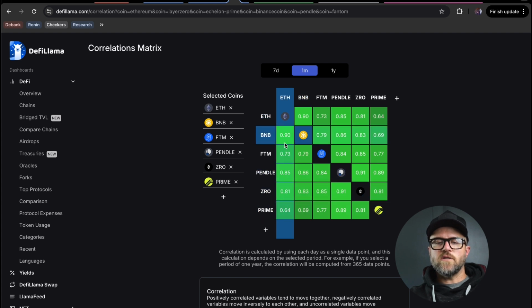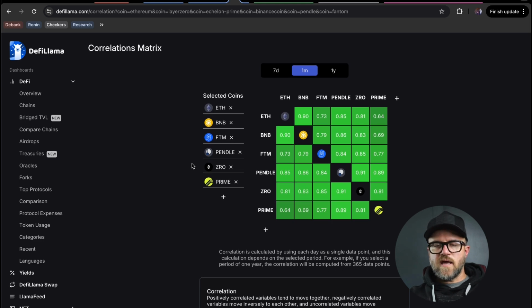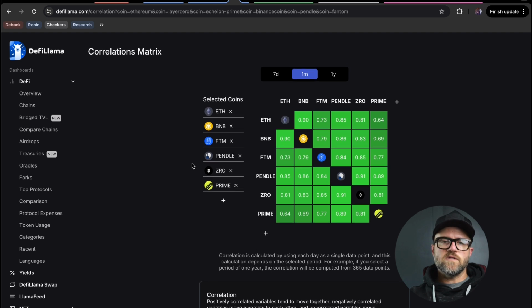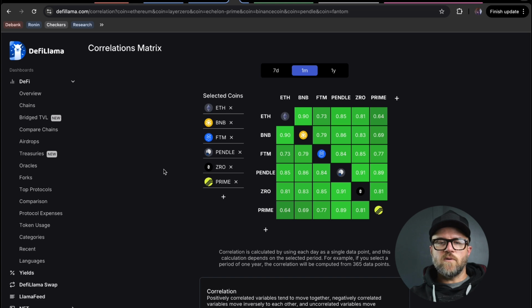Some good correlation, where if you were looking at it in terms of USDC or USDT, which a lot of pools are in, that's great for de-risking the downside, but you definitely lose on the upside if you're in those pools, especially if we're hitting the lows of this range. But it does look like there's going to be an uptrend for the crypto market soon,